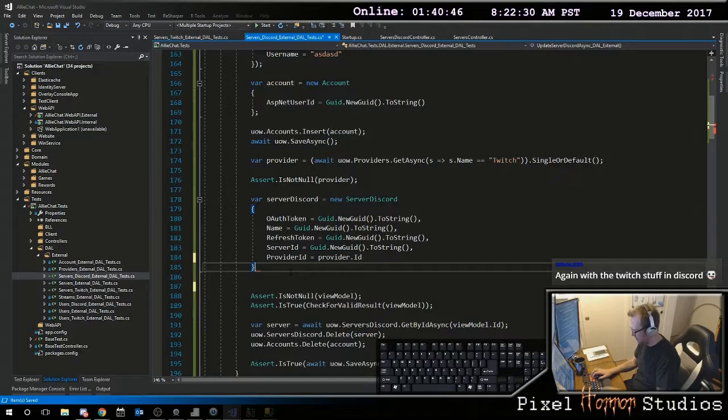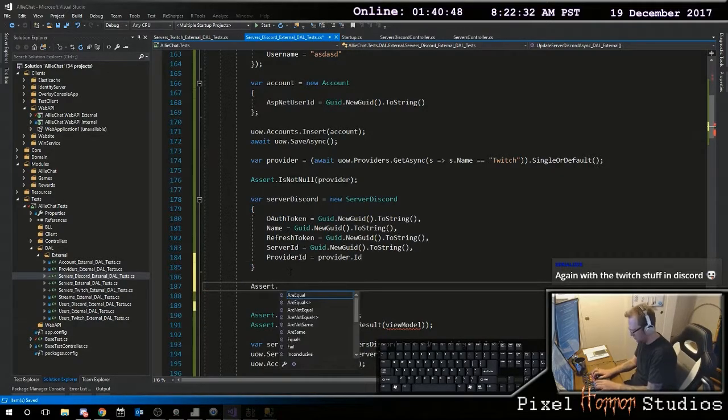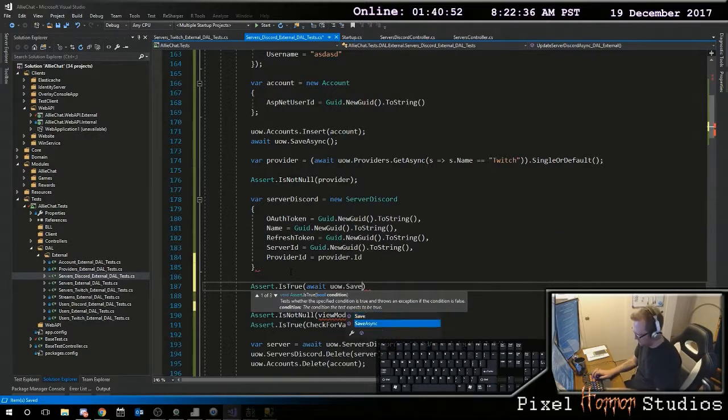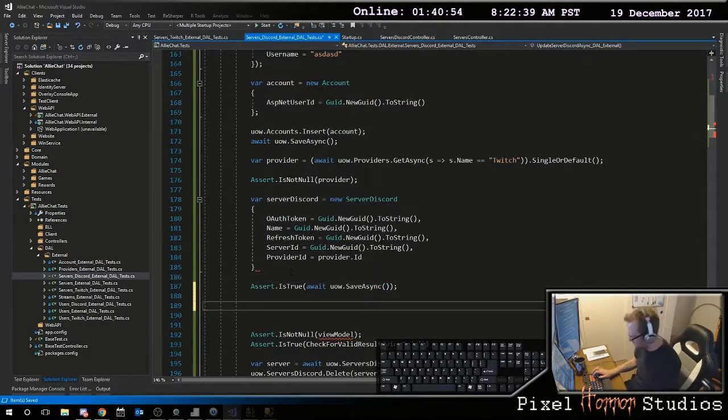Then you need to save that. Assert.IsTrue. Await my unit of work dot SaveAsync. Right. And now,